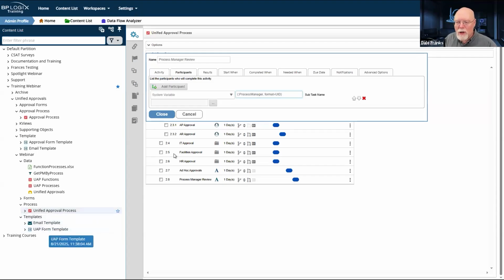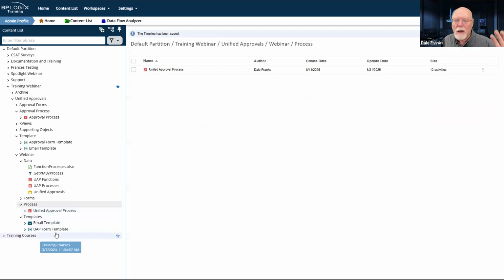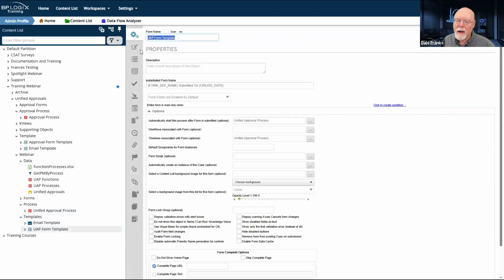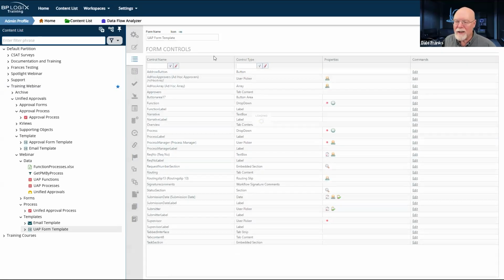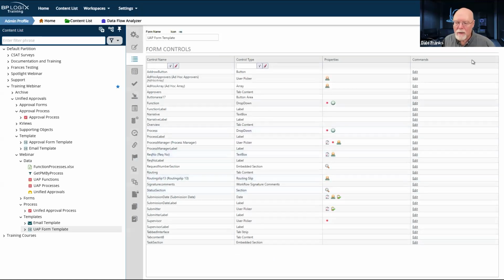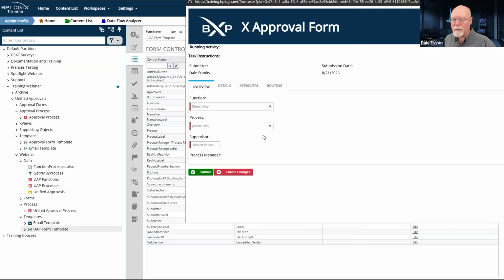As far as the user experience goes, and look, your mileage may vary on this and you may have a different opinion about this, and that's perfectly fine. But it does seem to me that when I'm running this form, let's do two things. First, let's show disabled fields as text here, and let's go to that process manager field and disable it, because I forgot to save that as part of the form. Field is disabled.